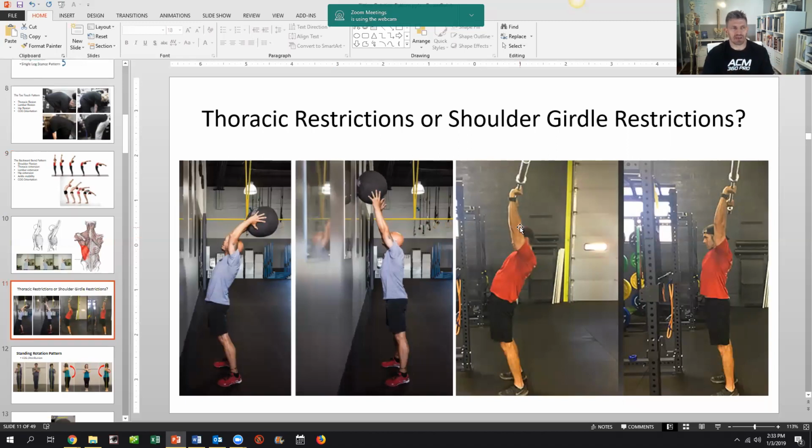Both pictures, in fact, the websites I got these from, the guy throwing the ball up at the wall was illustrating that this is a good pattern, but you can see how he doesn't truly get shoulder flexion when the ball goes over his head. He's getting a lot of lumbar extension, a lot of hip extension through that to grab that ball as it's falling down. And so is that truly a good pattern to reproduce? I wouldn't think so. I would test him first to see if he's got restrictions in the shoulder, or if he's got restrictions in the,